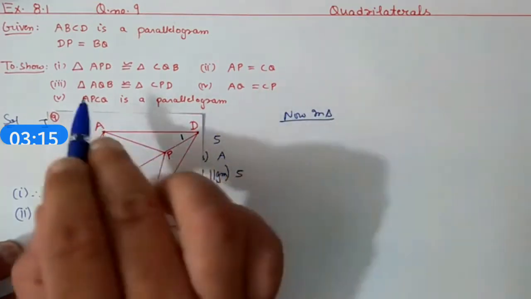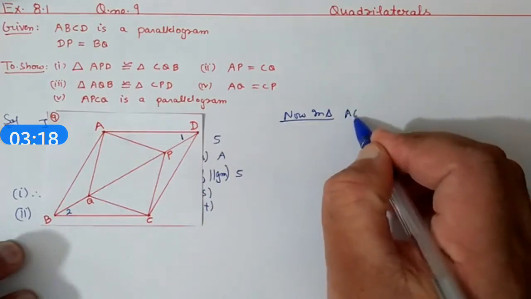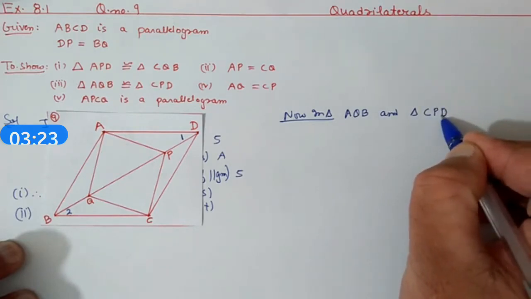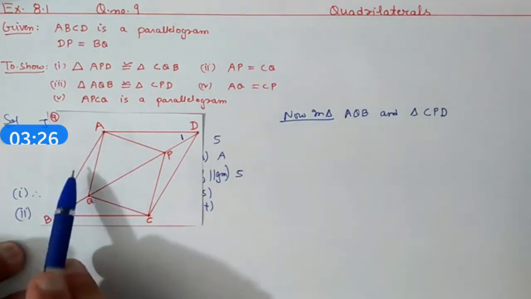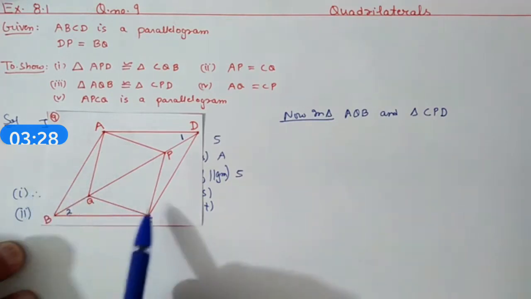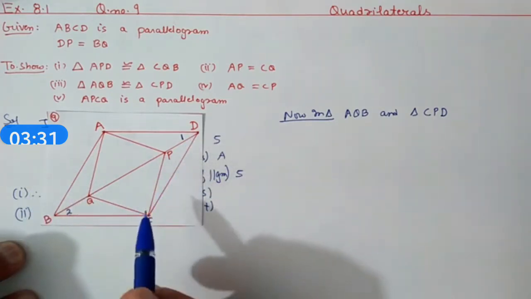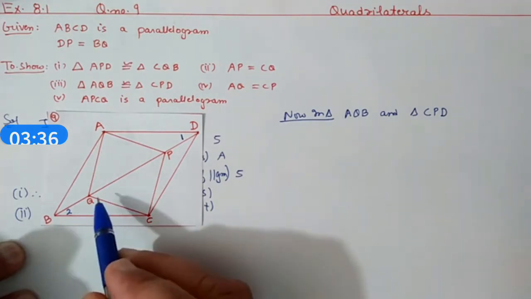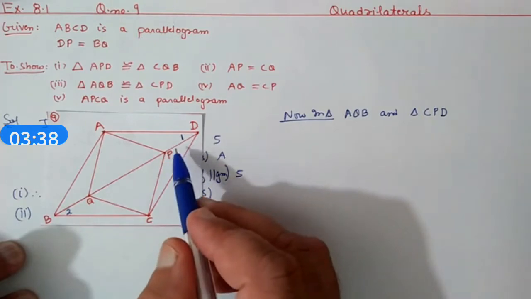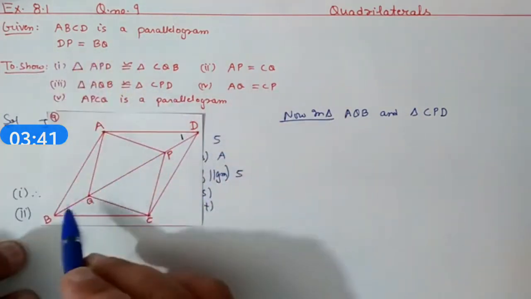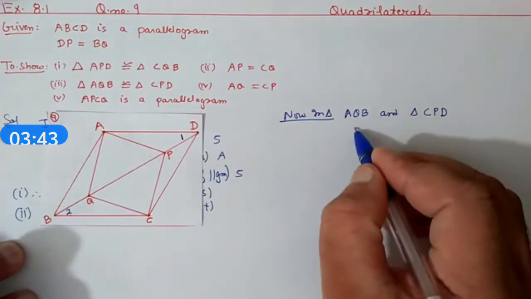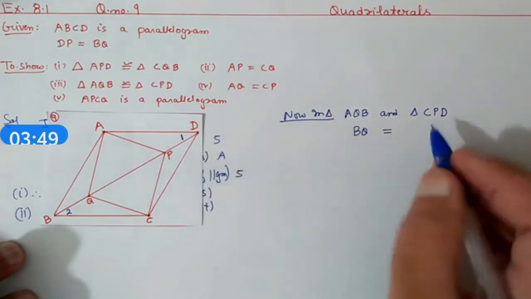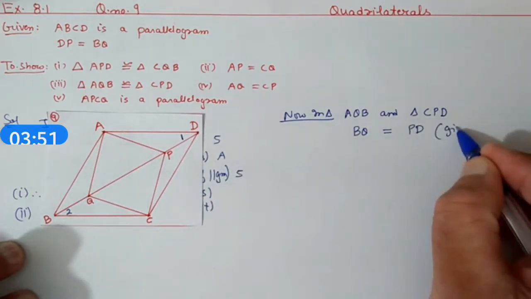Now in triangle AQB and triangle CPD, find three equal things of these two triangles. So as you can see, students, again we will find three things by the SAS criteria. We will prove these two triangles congruent. So write down those things. Same thing: BQ or QB you can write equals PD or DP. BQ equals DP, and its reason is given.